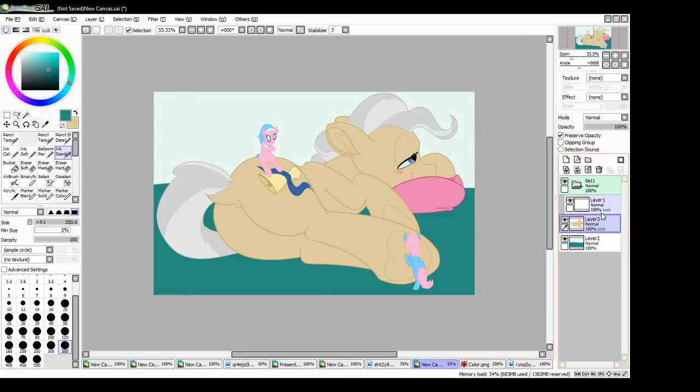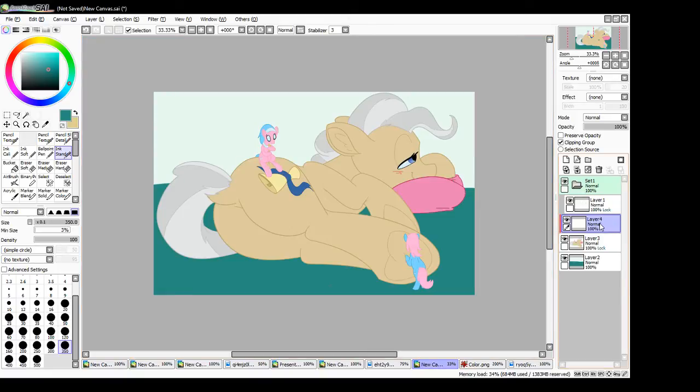So shading for me, especially if we're just going to do cell shading, is what we're going to talk about right now. Cell shading is a matter of taking your flat color layer, making a layer on top of it, and clipping it down to the base color layer. What that does is the same thing as preserve opacity does, only where preserve opacity works off of the one layer,